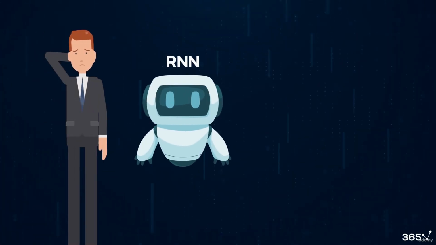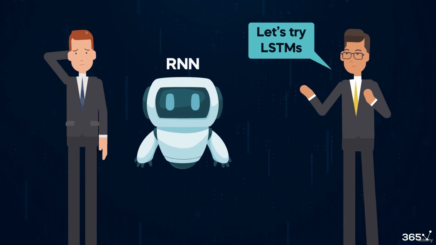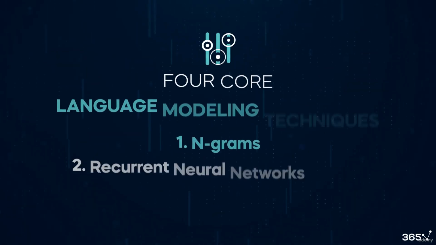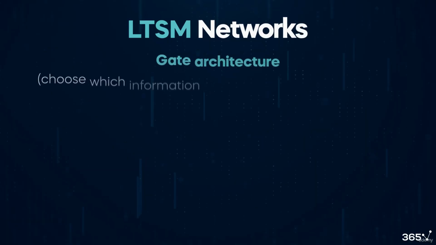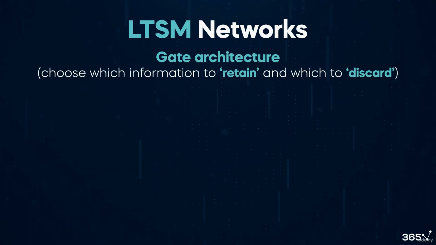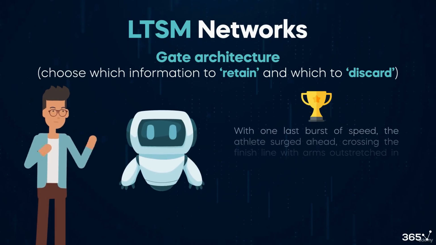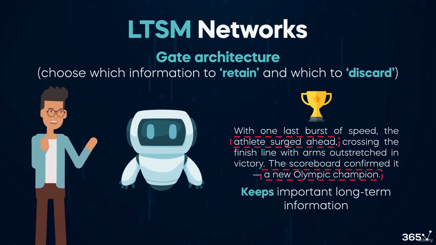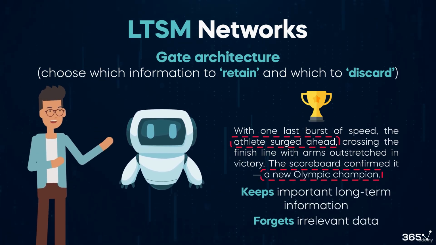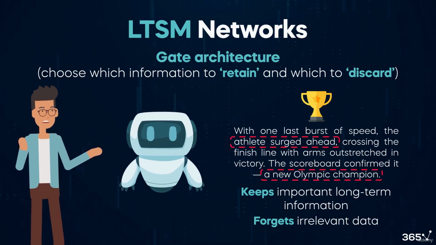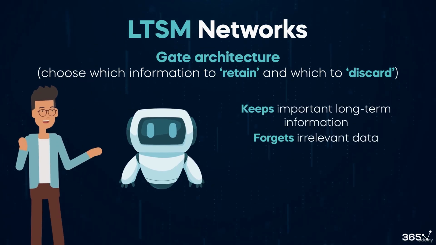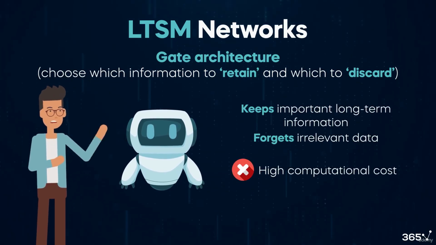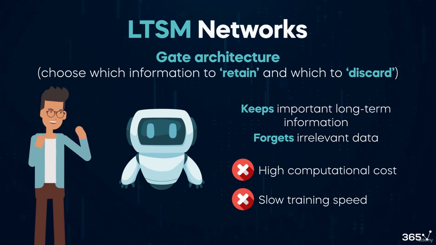To solve this, AI scientists developed long short-term memory, or LSTM networks. LSTMs improved traditional RNN models by introducing a gate architecture to choose which information to retain and which to discard. This allows the network to keep important long-term information and forget irrelevant data, which makes LSTMs significantly better at tasks involving complex text data. The main drawback of LSTMs is their high computational cost and slow training speed on large